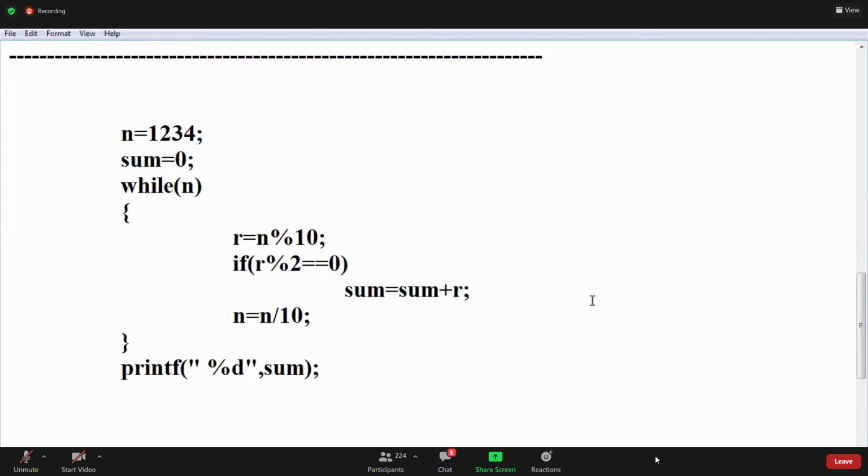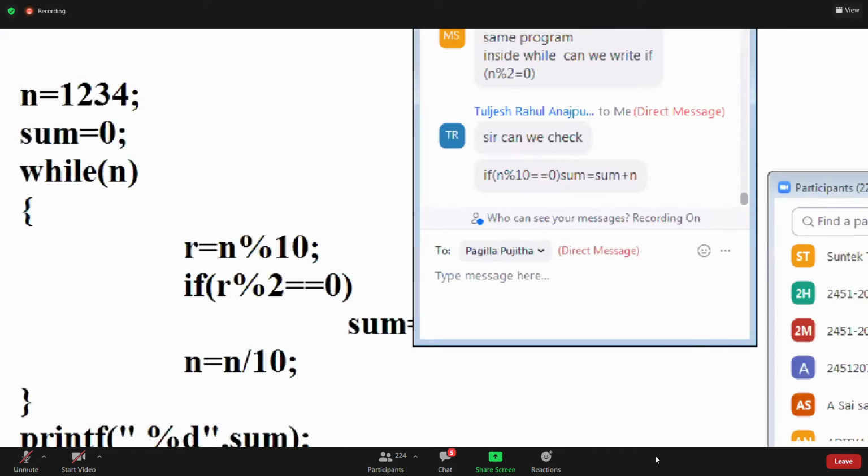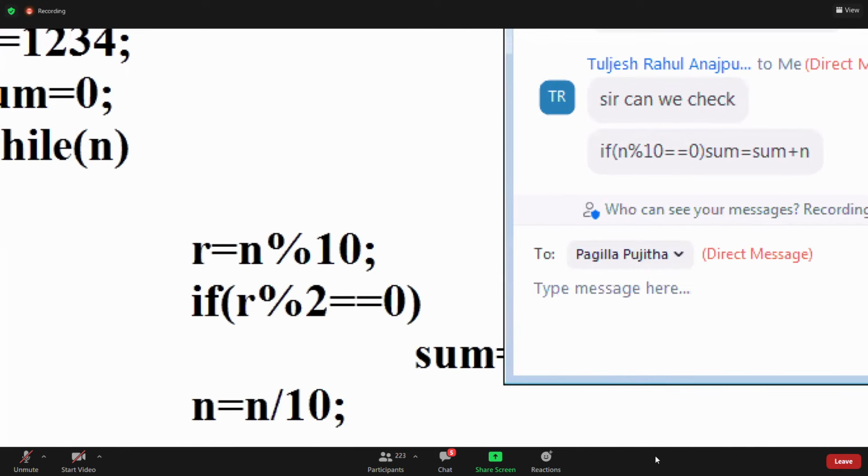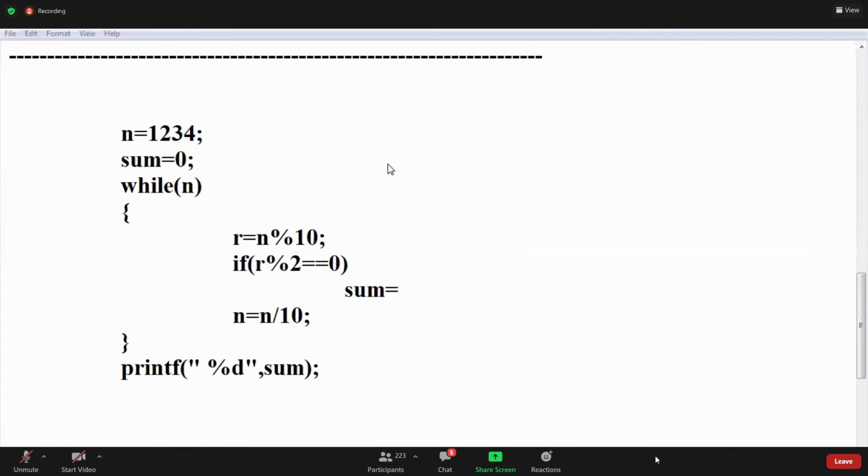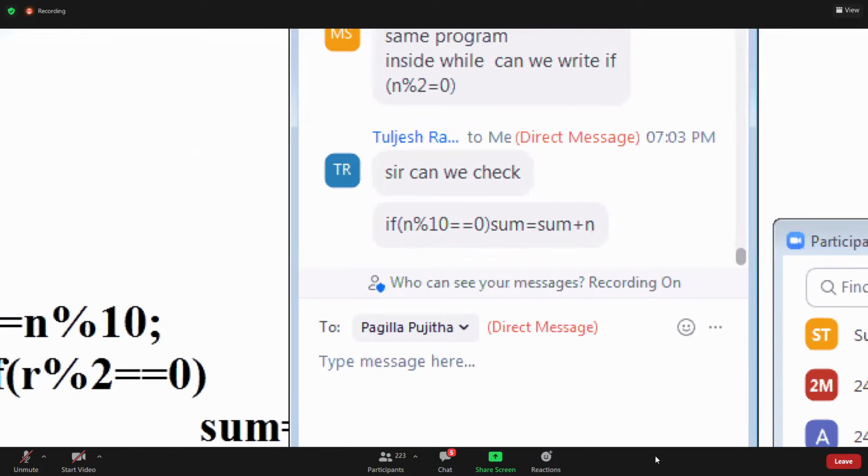Completed? N percent 10. No, that is not correct. What is the meaning of this? N percent 10. What is this? It is divisible by 0, sum equals sum plus n.